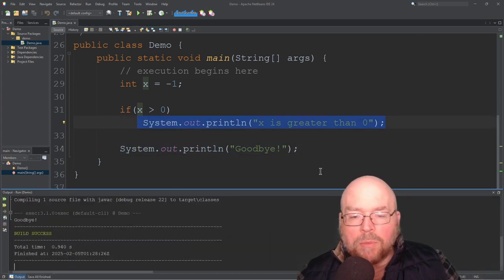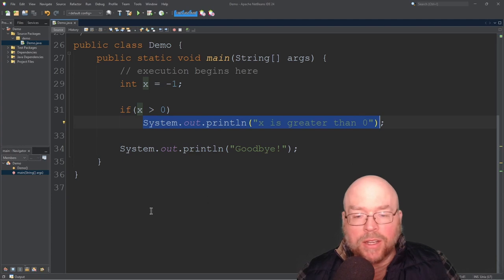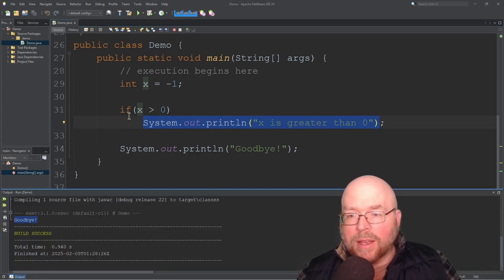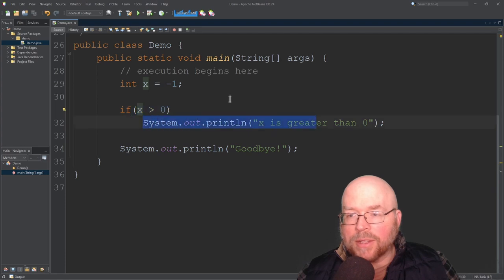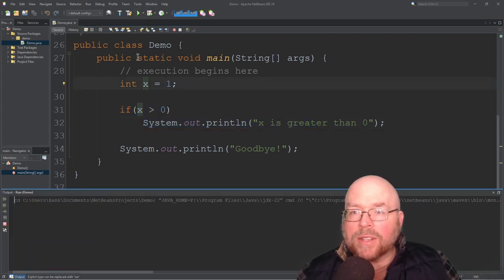So if you want multiple statements to execute based on whether or not that test expression is true, you've got to put it in the curly braces. You have to make a block. But if you only have one statement, you can optionally just do this. And you'll see that all we see is the goodbye because it's evaluated false, skipping this statement. But if we set it to say 1, then you'll see that single statement